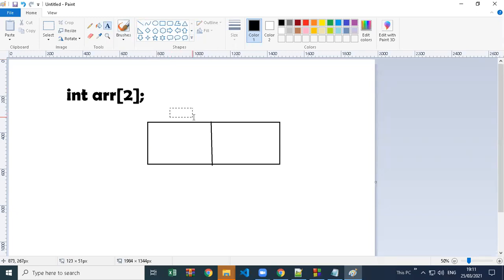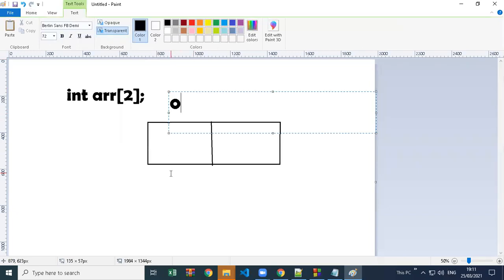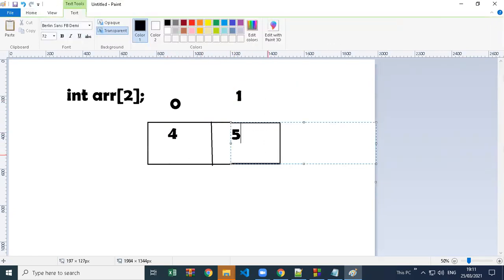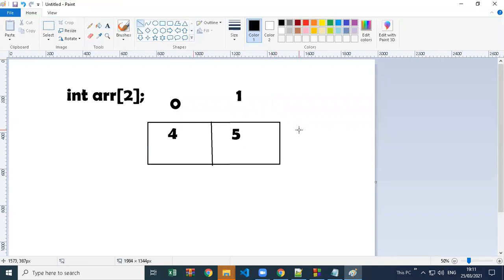In the zeroth position you can hold one data and in the one position you can hold another. But if you have written in your code that you want to store only two values, and when you run the program you expect to store more values, it is not possible.